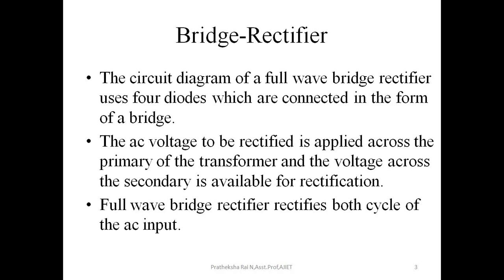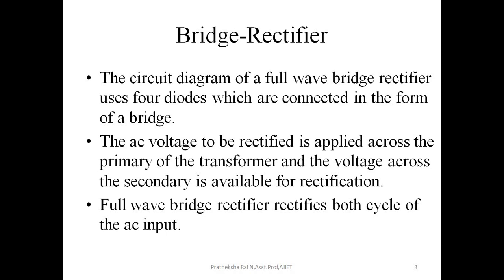We all know that from the 230-volt main supply, most circuits cannot work, so we need to reduce that voltage. That is the use of a step down transformer, and the complete working of a step down transformer is shown in the half wave rectifier video. Please go through that. In the step down transformer we have the primary part with primary windings, and the secondary part with secondary windings.